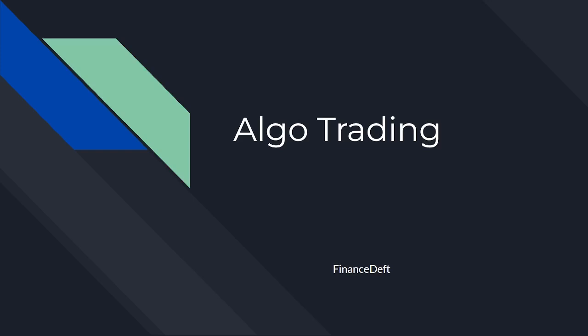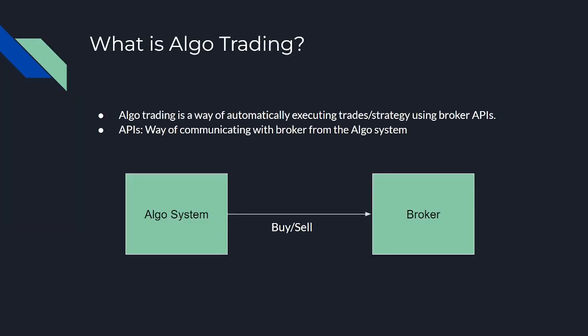So we will publish this as a series. In the first episode, we will see what is Algo Trading. Algo Trading is nothing but a way of automating your trades. What we will do is we will automatically place buy or sell orders to your broker. In traditional trading, you will go to the broker's terminal and place the order. Instead of that, there will be code running in the machine, and that code or program will place the orders